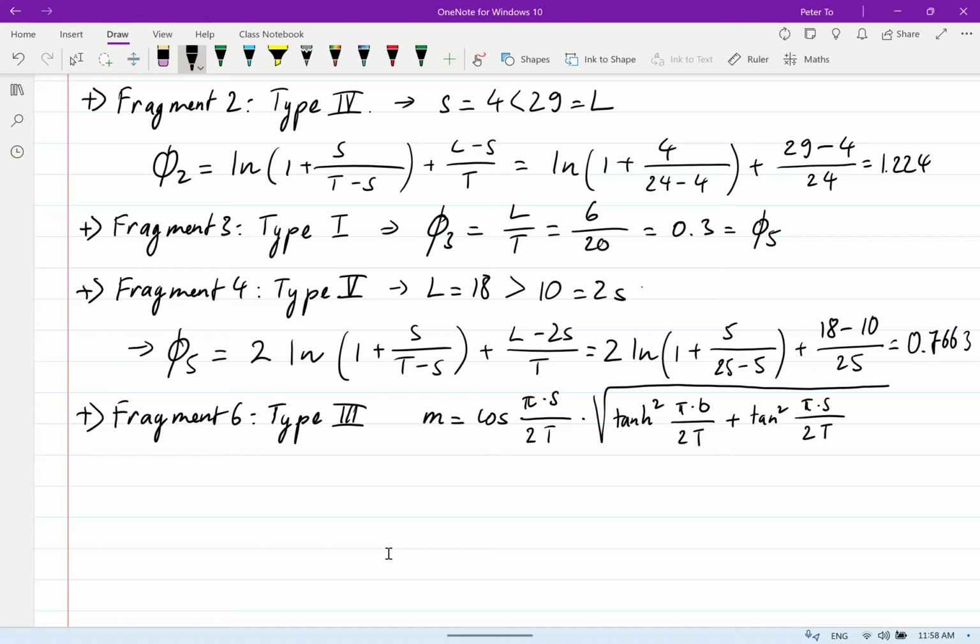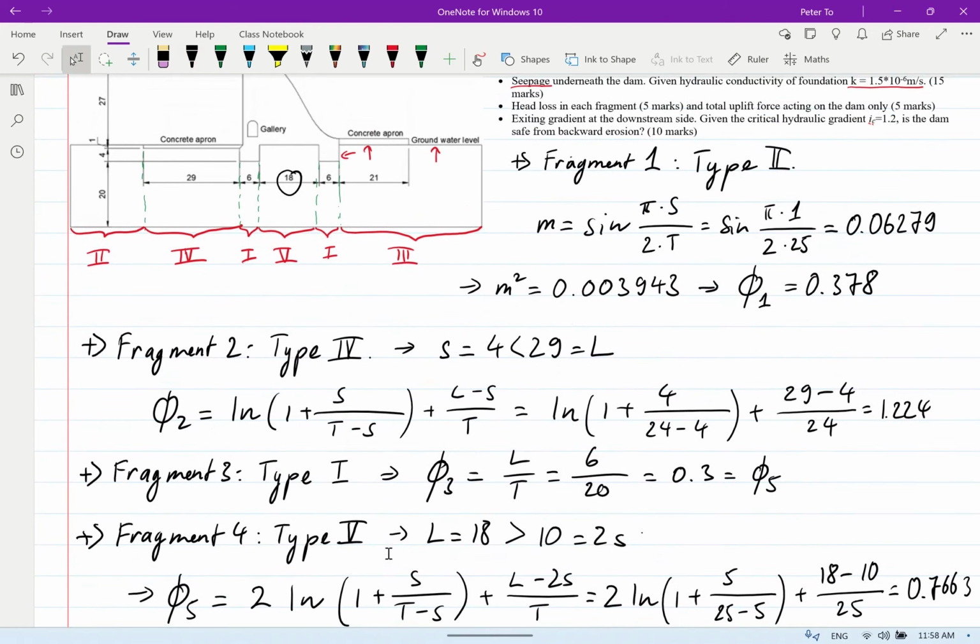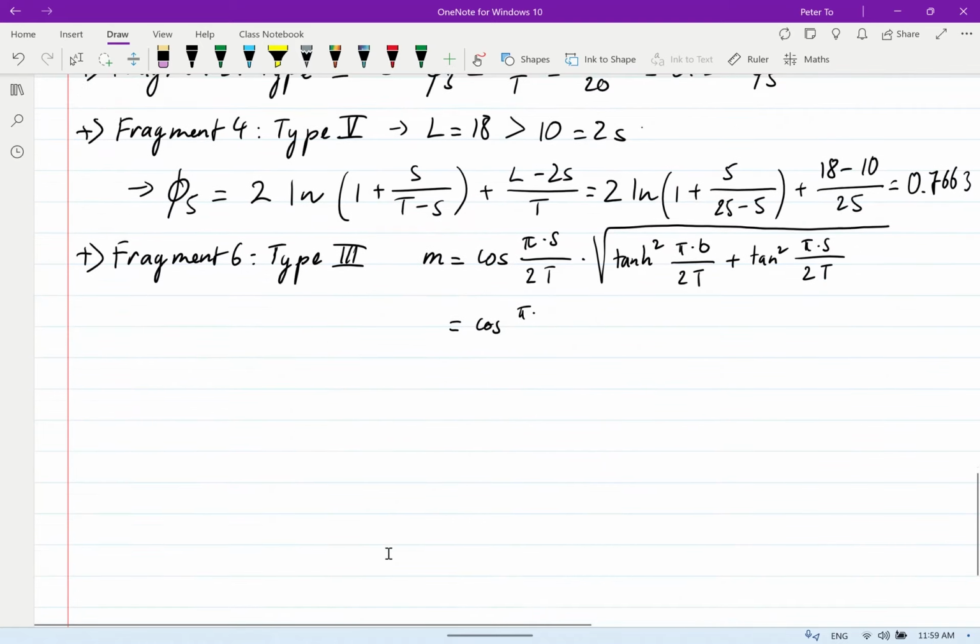Alright, so I substitute my numbers into this one. It's equal to cosine of pi times S. I have my S here is 5. Let me double check it. Yes, because this one is 4 plus 1, so therefore this one must be 5. Alright, because this one and this one and this one have the same level, so therefore this one must be 5. The step must be 5